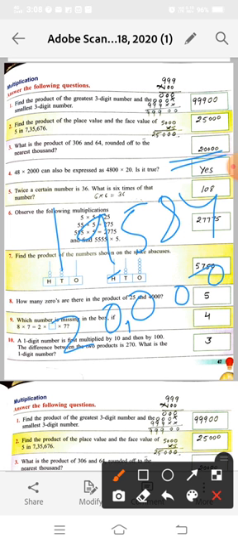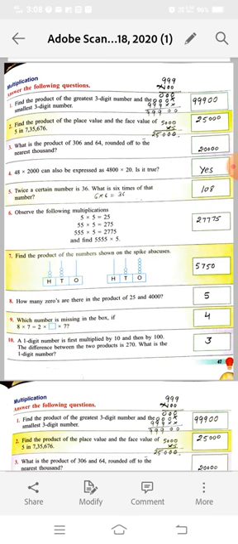Firstly find out the product of 306 and 64, then we will get 19,584, and the nearest 1000 of 19,584 will come 20,000. Okay, now